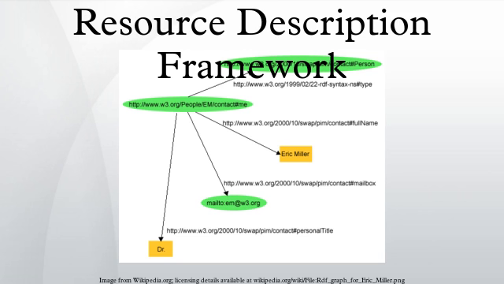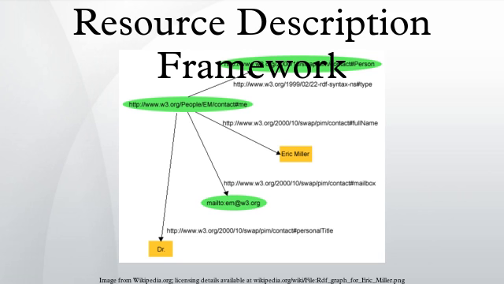Examples: Example 1, RDF description of a person named Eric Miller. The following example is taken from the W3C website describing a resource with statements: there is a person identified by http://www.w3.org/People/EM/contact#me, whose name is Eric Miller, whose email address is e.miller123@example, and whose title is Dr. The resource http://www.w3.org/People/EM/contact#me is the subject. The objects are Eric Miller, mailto: